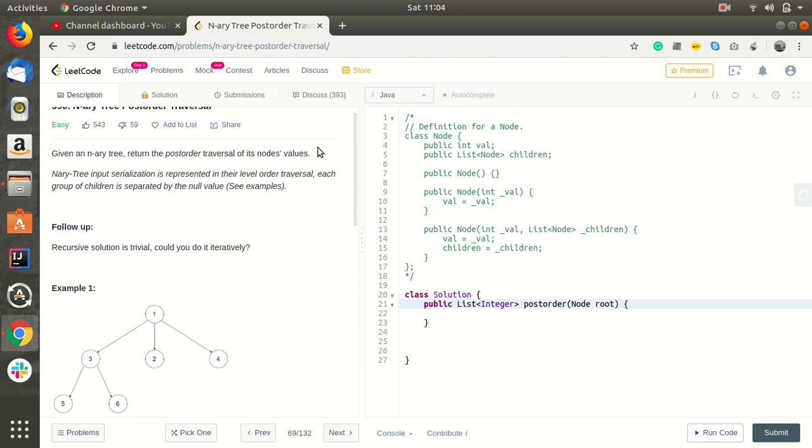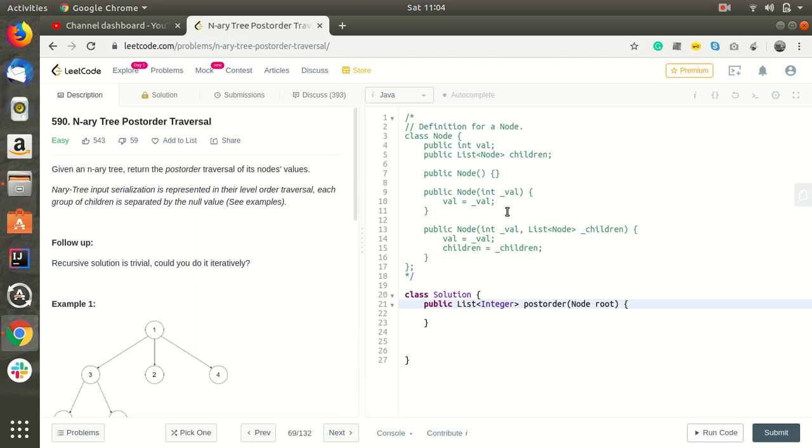So let's solve it. We'll be implementing a recursive solution. Let's create a list to store the results.